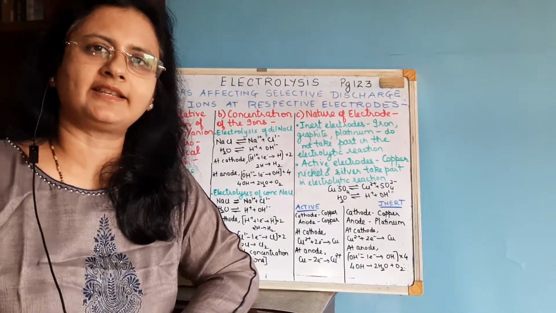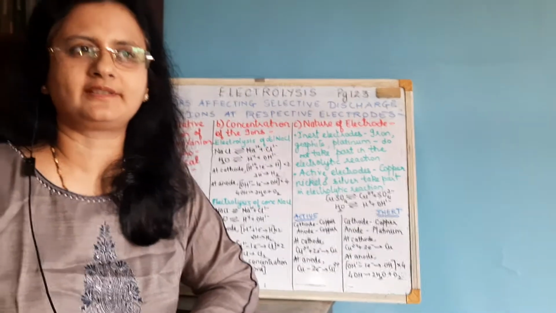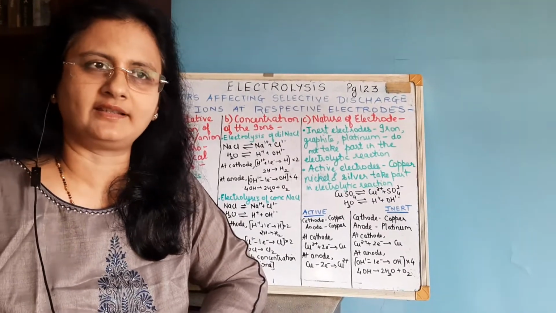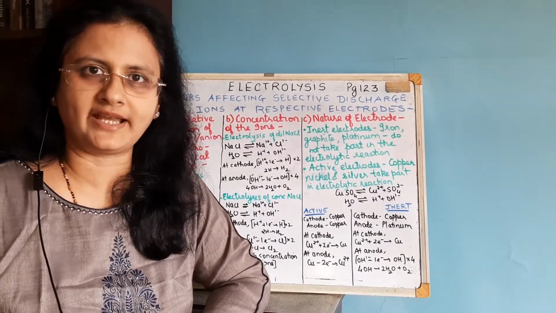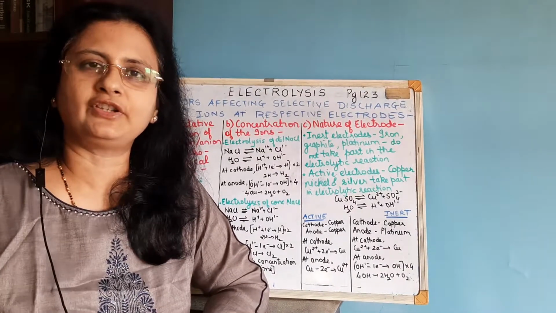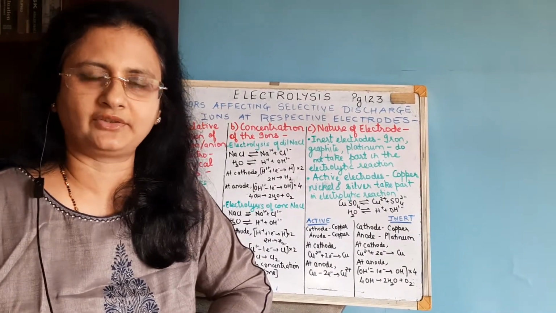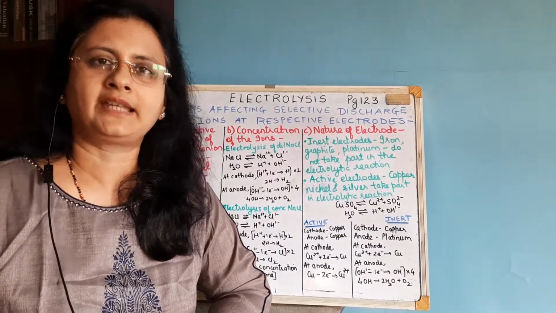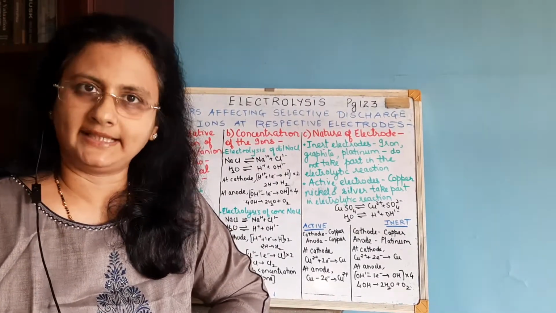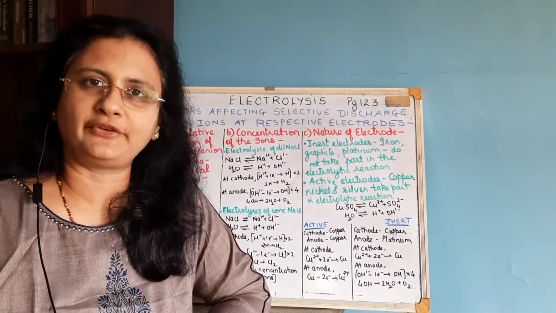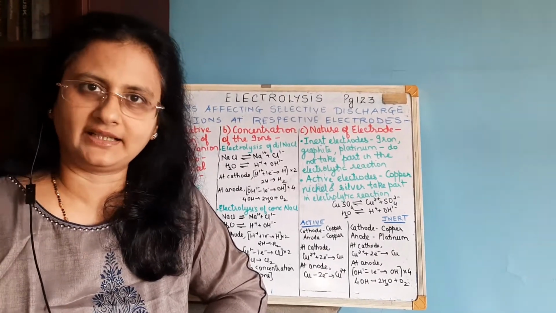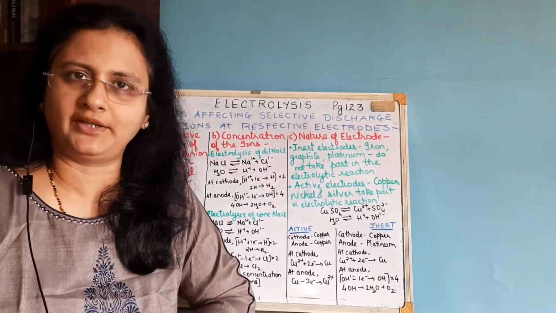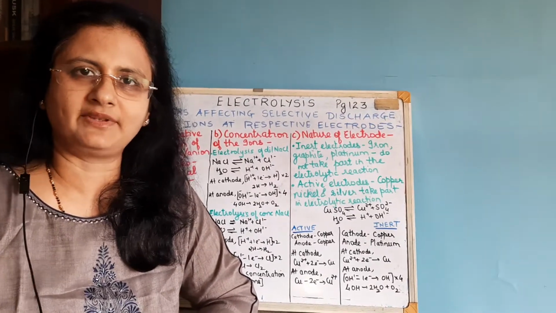In the earlier session, that is our first session of electrolysis, we saw the different terms involved: electrolysis, how electrolysis is a redox reaction, the definitions of an electrolyte and non-electrolyte, concepts about strong and weak electrolytes, cathode and anode, cation and anion, special reference to metallic and electrolytic conduction, and the difference between electrolytic dissociation and ionization. All these aspects we've already covered.